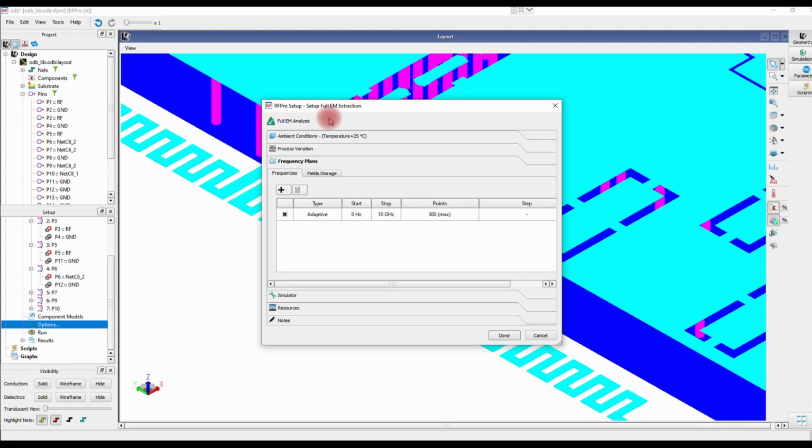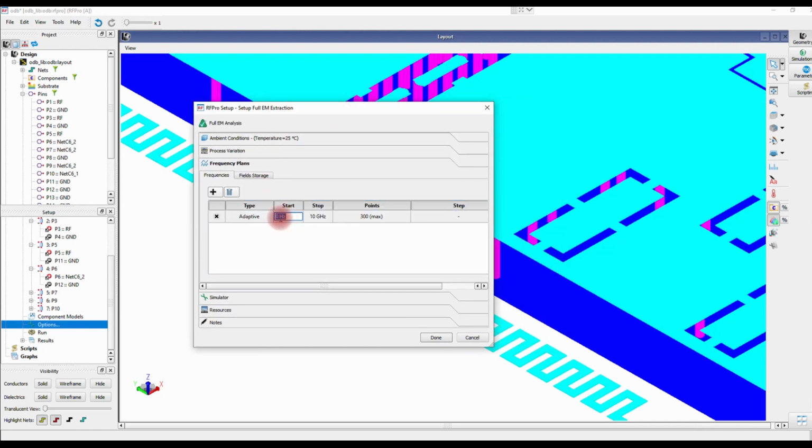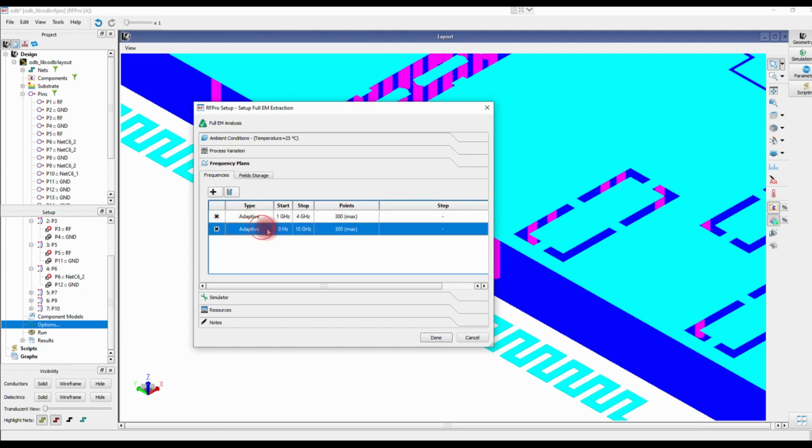Next, we're going to set up the simulation. The frequency we want to simulate is from 1 GHz to 4 GHz. We also want to simulate a single point at 2.45 GHz because this is the center frequency of the ISM band.